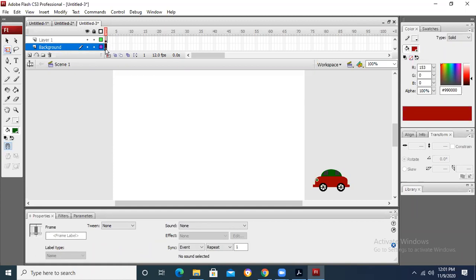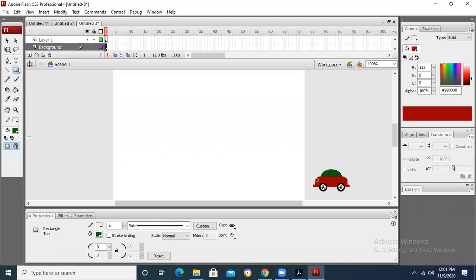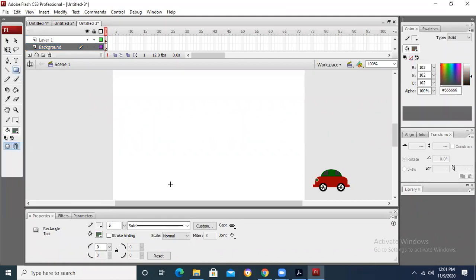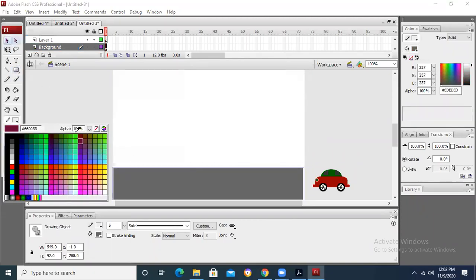Now what I want to draw over here on the background, I want to draw one road. Let me take one rectangle. Rectangle in which color? I think gray color is better. So I'm going to draw a road over here. But we should not have any outline with the road.